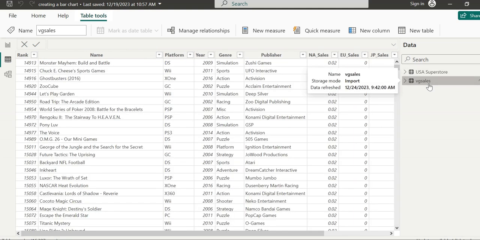Once you preview the data, you can go back to the report view from the sidebar on the left, and we can now build our